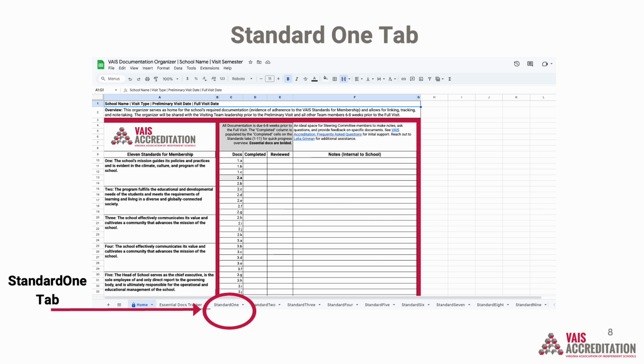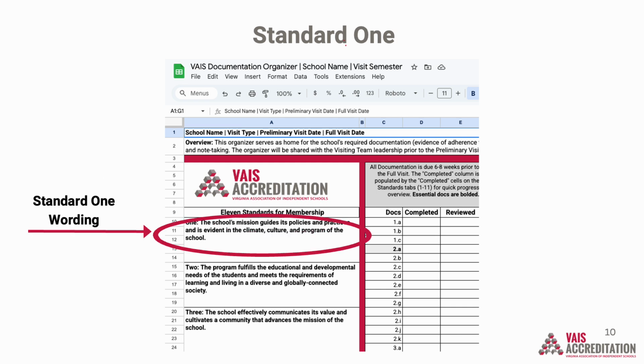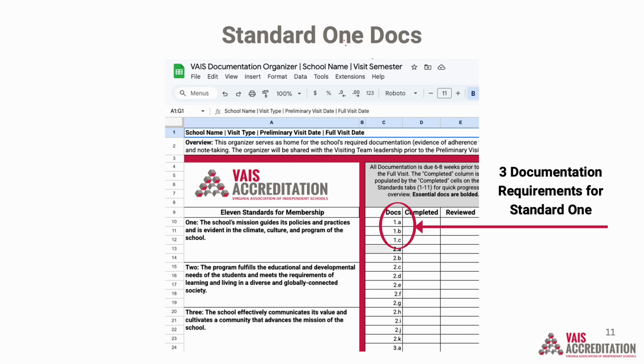But first, back to the home page. The first column lists the 11 VAIS standards for membership. Let's look at Standard 1. The school's mission guides its policies and practices and is evident in the climate, culture, and program of the school. There are 3 documentation requirements for Standard 1, and they are listed in the adjacent Docs column and are labeled